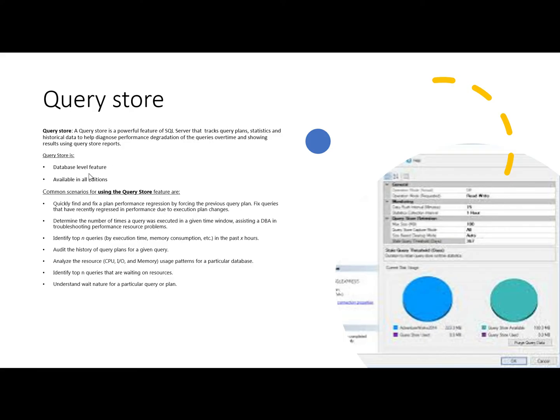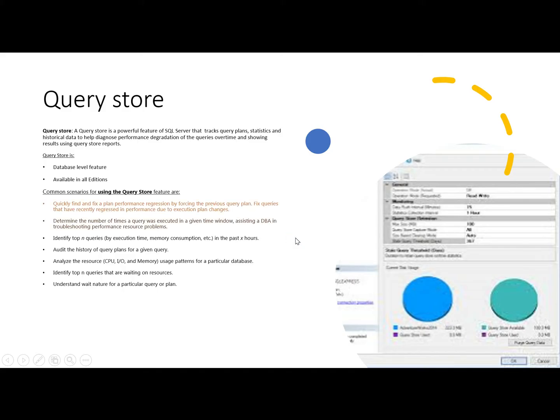Query Store is a database level feature, which means that for each database we have to activate it separately, and it's available in all editions starting from SQL Server 2016. It is very helpful for DBAs because they can quickly find and fix plan performance regressions. How this can be done, we will see in the coming video.